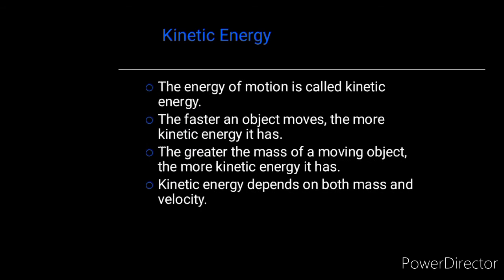When we talk of kinetic energy, we're talking about an energy that is in motion, that is actually moving. So those are the two different forms of what? Energy we have. Let's take a broader look at kinetic. The energy of motion is called kinetic energy. If an object is moving faster, it will have more kinetic energy. If the mass of the object is greater, it will have more kinetic what? Energy. Kinetic energy depends on both the mass and the velocity. So the more the mass, the more the velocity, the more the kinetic energy.